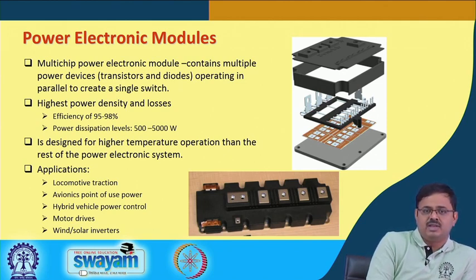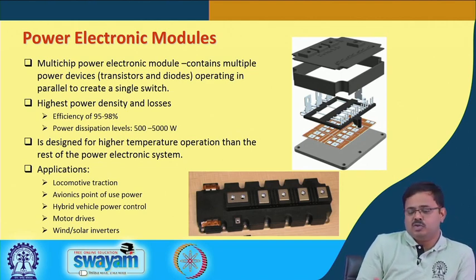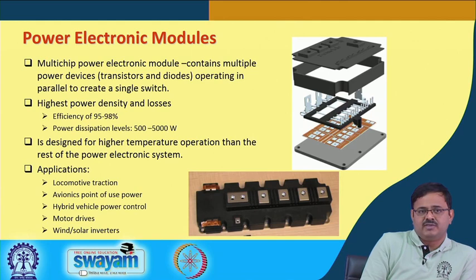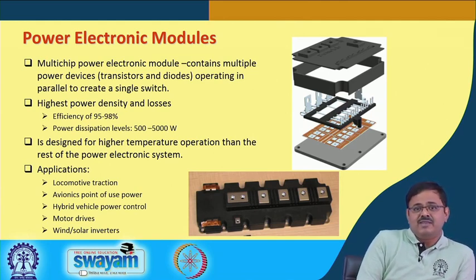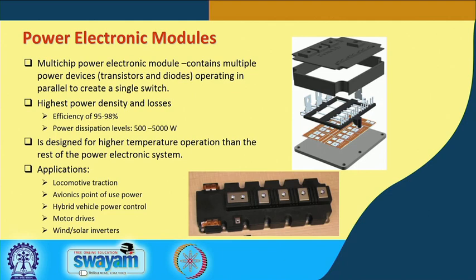Okay. So, I think the electrical engineers, people with electrical engineering backgrounds who probably know much more than me, will be able to appreciate this further better, right. So, these have the highest power densities, so most difficult to cool as well as losses. Okay. The efficiency is about 95 to 98%. Alright. So, what I am trying to say is highest power density and probably minimal losses, okay,